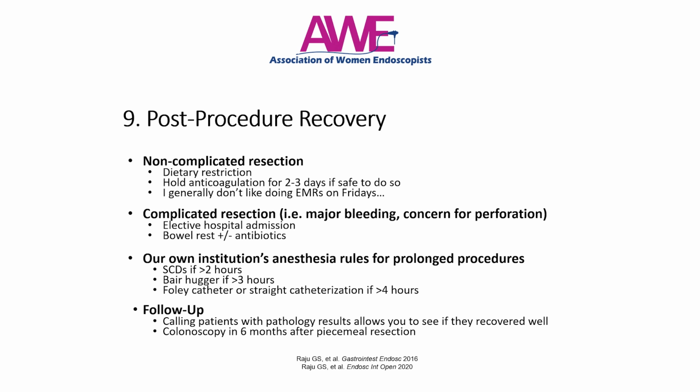The last thing here I want to make sure that you understand is, I don't like doing EMRs on Fridays. And that just has to do with the fact that most bleeds or delayed perfs will happen within the first 24 to 48 hours. So doing EMRs on Fridays, personally, I think, especially when you're young and just starting, I don't think that's a good policy to do. Do yourself a favor, do your EMRs and ESDs or whatever major procedures that you do early in the